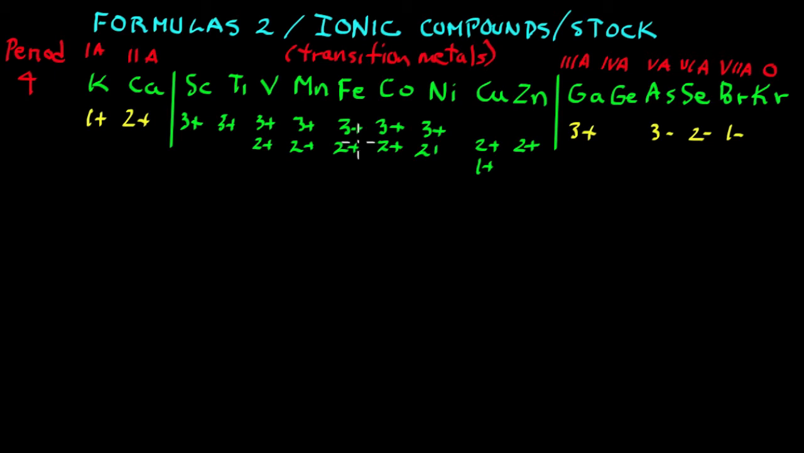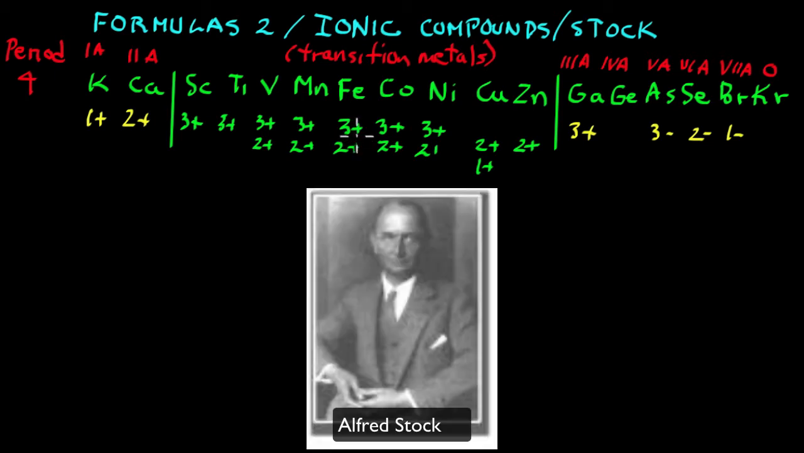Well, this problem was dealt with by a man by the name of Alfred Stock, a German chemist, way back in about 1919. And Stock established a system, and let's call it the Stock system. Stock decided to simplify this process by using a number attached